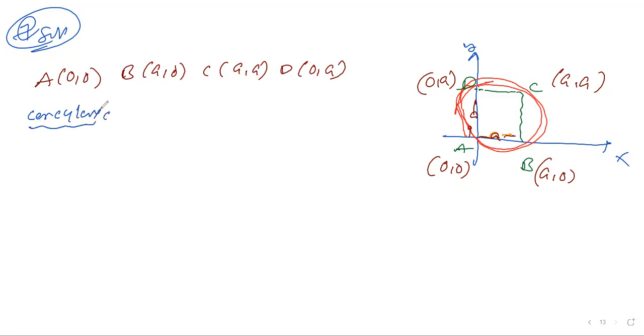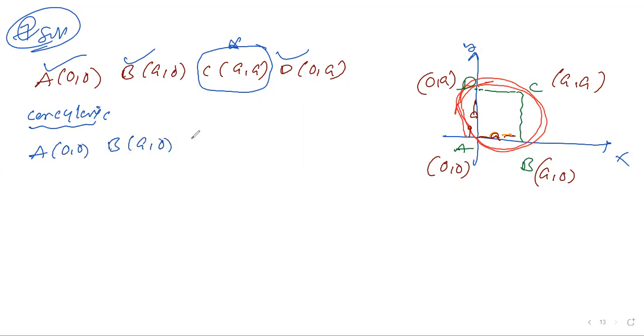So let us follow Nana. Concyclic means what he has to do. I should take the points A, B, D, and point C I should keep it for last, because this is a, a little bigger value, that's why I was stopping. The rest of the values should be much simpler. Now let us take (0, 0), B (a, 0), then the value of D is (0, a). These 3 points I'll take and substitute in the regular circle equation.